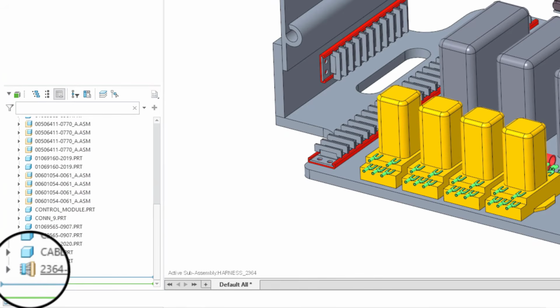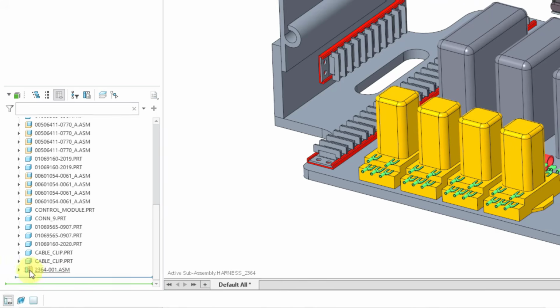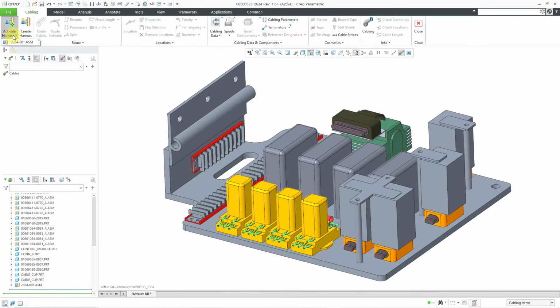You'll note that it has a special icon in the model tree. So now that I've done that, let's activate that harness. I'll go to the Activate Harness drop-down list and then choose it. In the lower left-hand corner of the graphics area, we see the note that tells us that it is indeed